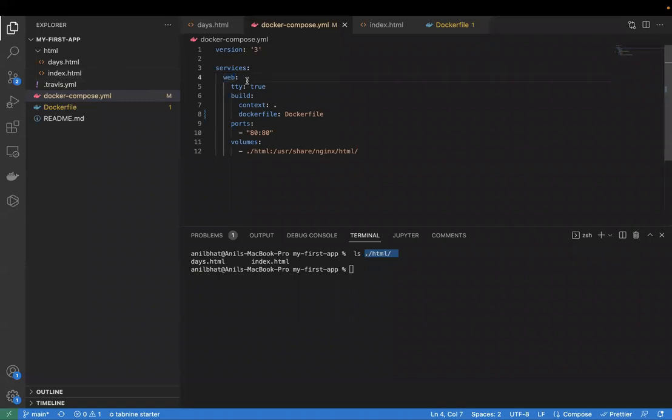So if you want to run multiple containers, if you want to run an external volume, if you have to create your own Docker network, then you have to use Docker Compose. And always remember, Docker Compose is something specific to your local machine. You can play with multiple containers. You create multiple containers on your local machine using this Docker Compose YML. It will create as many services as you want and as many volume mounts as you want on your local machine. So that is what you do using Docker Compose YML.